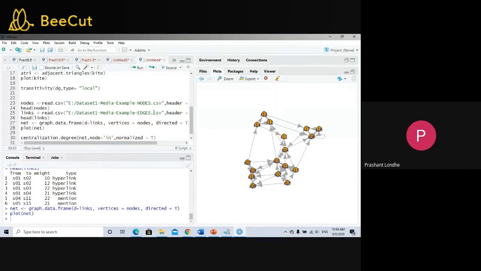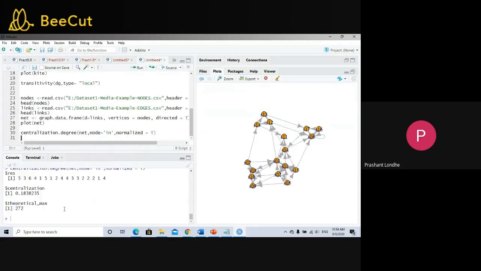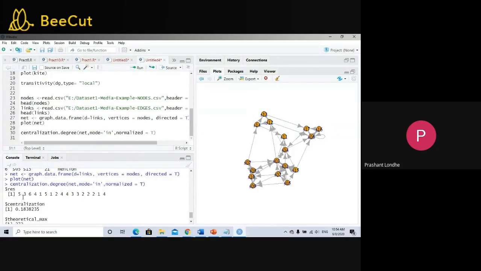Let me check the output. Just see here, you're going to get the number of in nodes. The first has 5 in nodes, the second has 3 in nodes, the third has 6 in nodes, and so on.